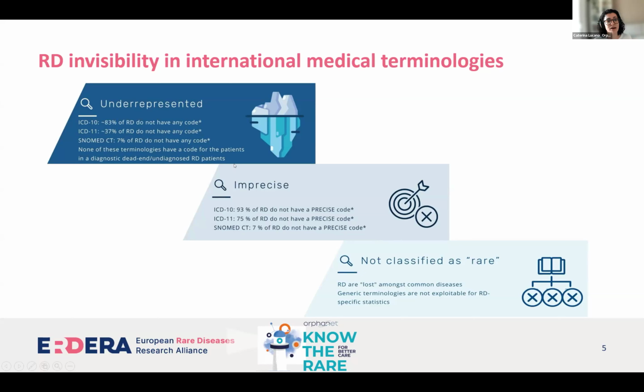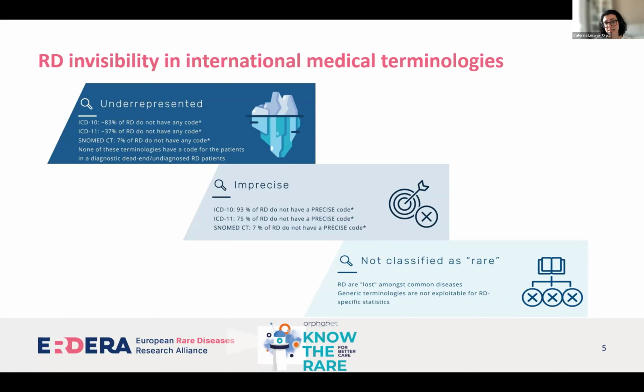None of these terminologies have a code, and this is important for patients in a diagnostic dead end, so undiagnosed rare disease patients. They do have codes for undiagnosed patients, but not specifically for rare diseases. Moreover, if you look at the precision of these terminologies, for ICD-10, you will see that 93% of rare diseases do not have a precise code, but they are included in